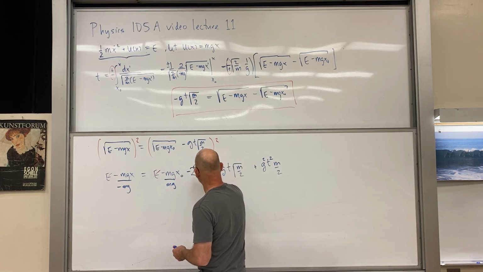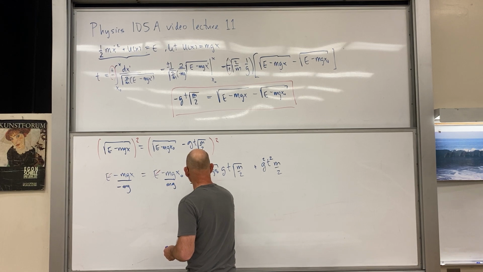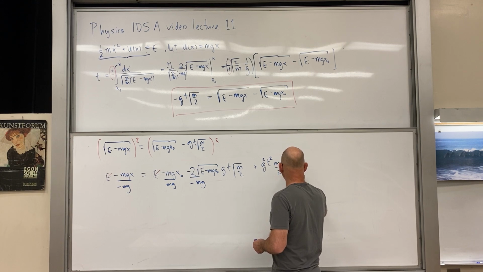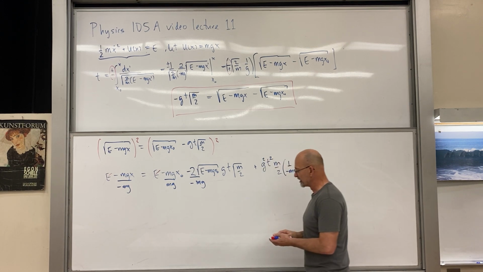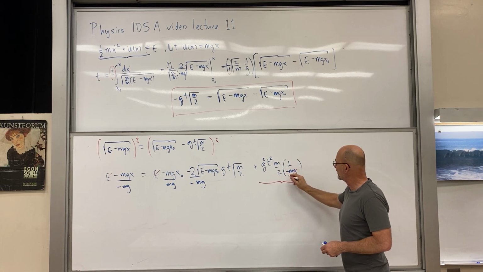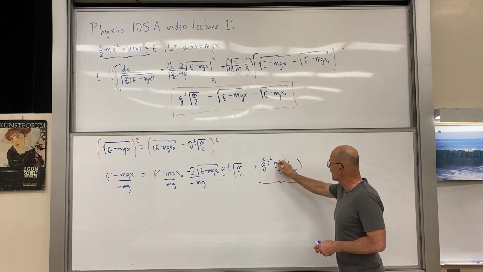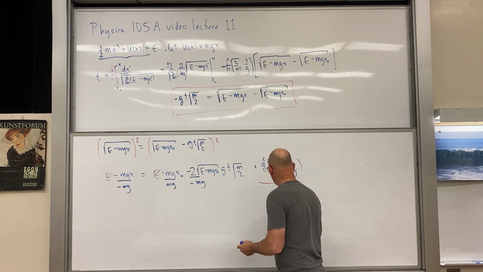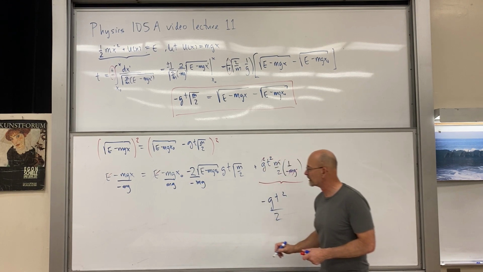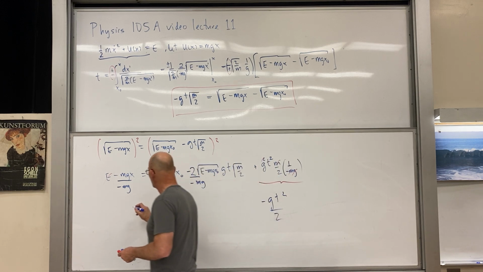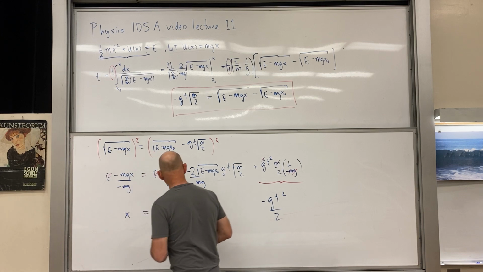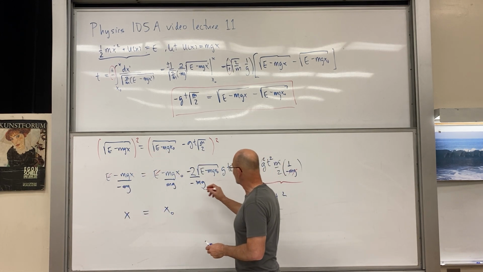This was minus, okay, negative mg and negative mg, and see what happens. Let's start over here. g squared is going to go away there, m cancels, so yes, sure enough, this one gives us our minus gt squared over 2. Over here we have x equals x0, so it's this thing here that we're interested in,